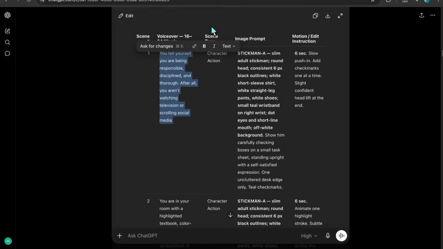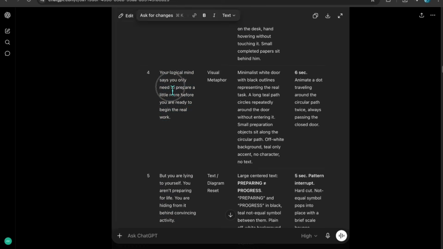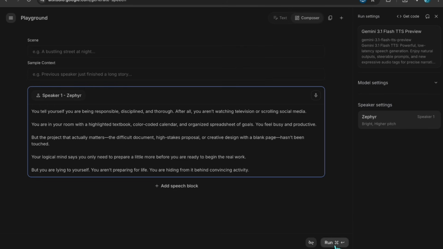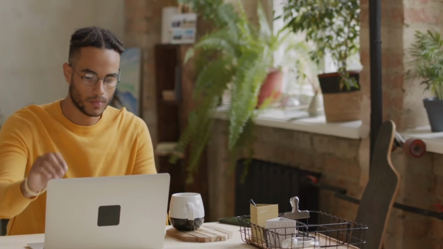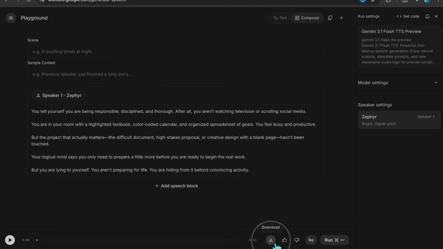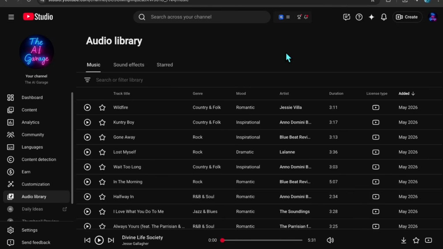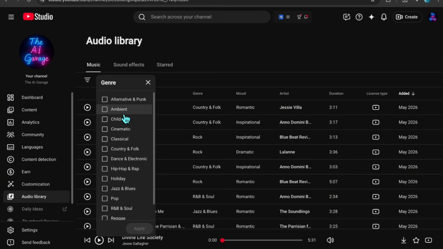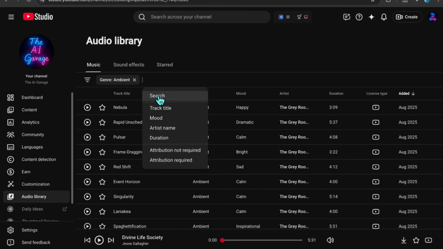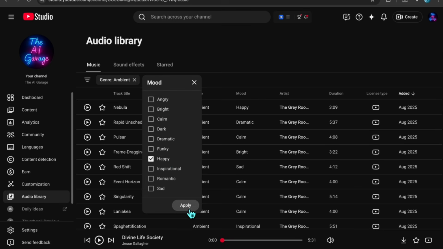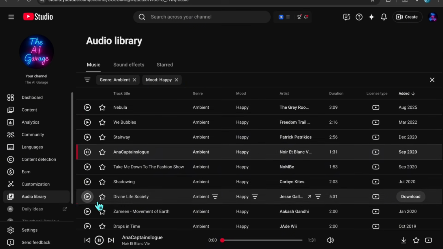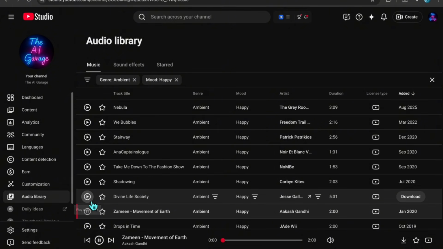Copy the voiceover for the first 5 scenes from the visual plan, paste it into Google AI Studio, and generate the audio. Listen briefly to make sure the pacing and pronunciation sound right, then download the file. Next, open the audio library inside YouTube Studio. This is a very good source for background music you can use in your videos. Filter for a light ambient track with a happy mood, or choose a genre and mood that better fit your video. Listen to a few options, select one that supports the narration without becoming distracting,